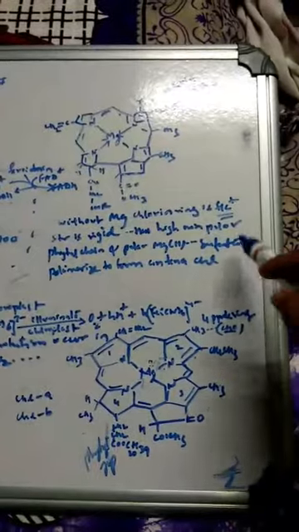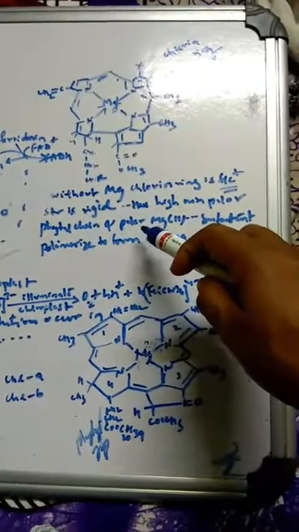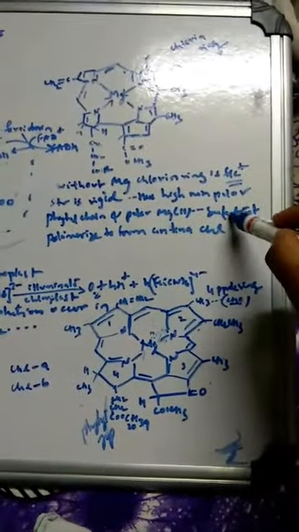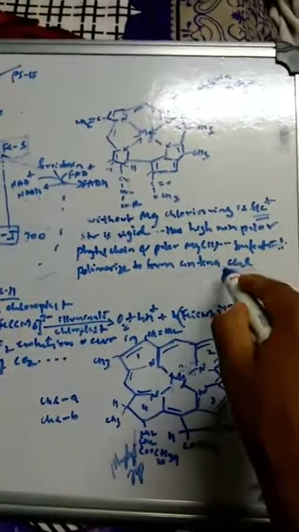Moreover, this is acting as a very good surfactant because of this phytyl chain, which I showed you here. That is highly non-polar, and magnesium plus 2 acts as polar, that's why it acts as a very good surfactant. And this chlorophyll can polymerize to form antenna chlorophyll.